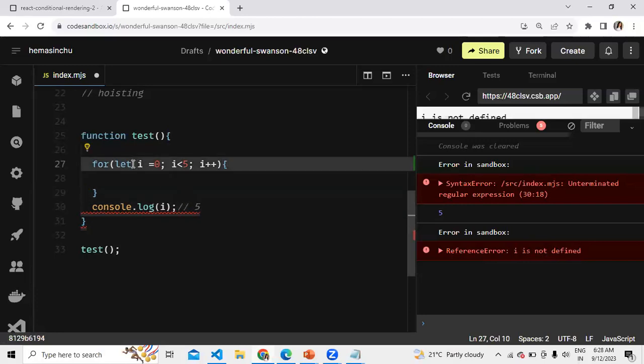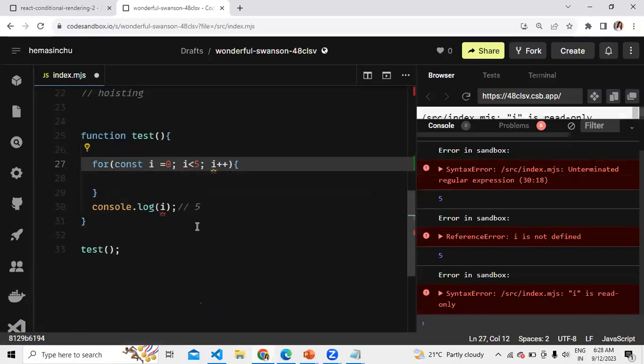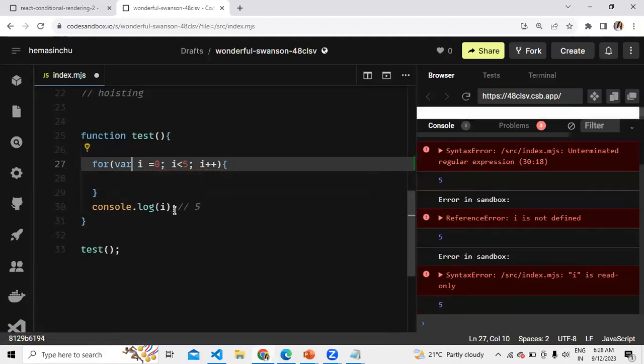For var, it says you can access it even after the for loop, no issues. And it's the same case for const also. A const you define, I cannot access outside.